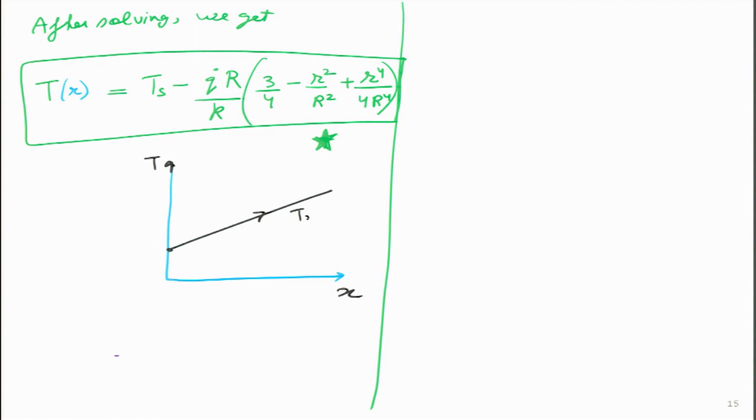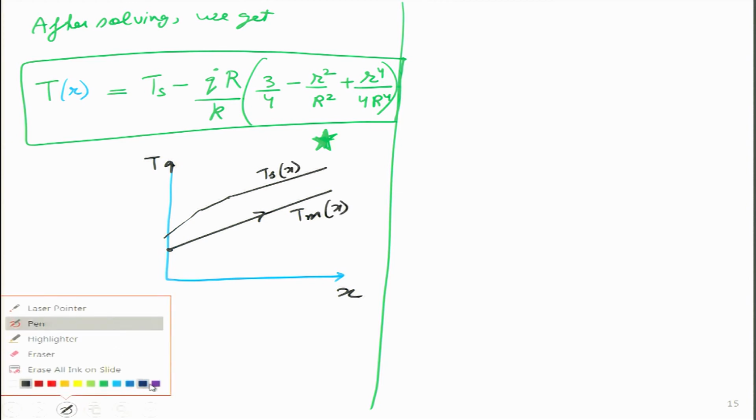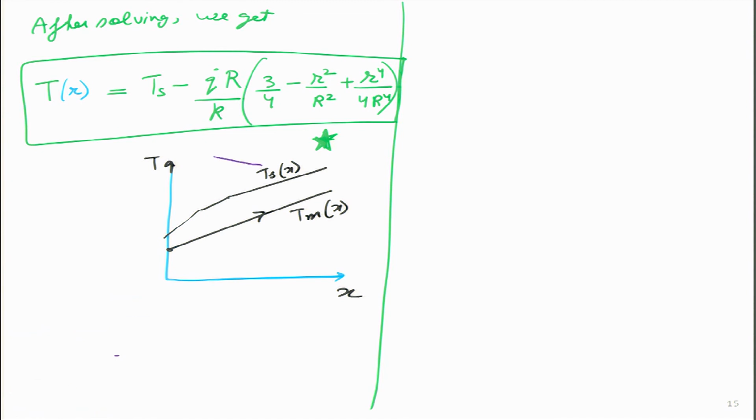The mean temperature is going like this, surface temperature is going like this. Remember, both have to be a function of x, and here is the hint I have also given. So, the solution is that this Ts that we are thinking is a constant, it is not a constant. Please remember, this Ts is a function of x. I am just not writing the bracket, but we all know how it cannot be a function of x,